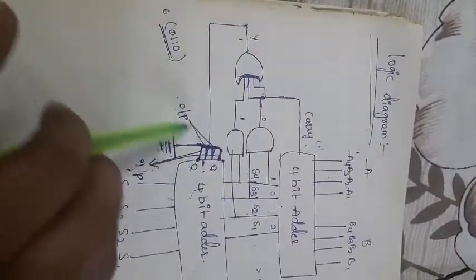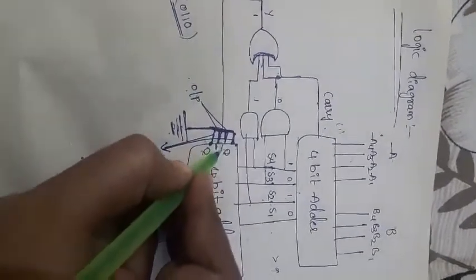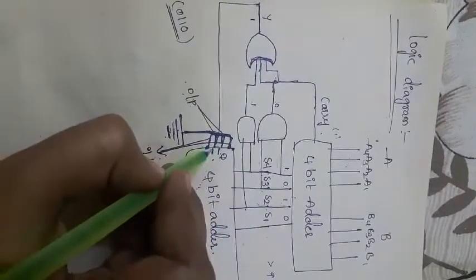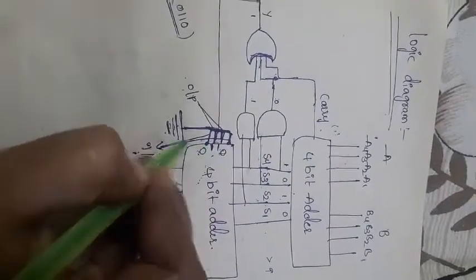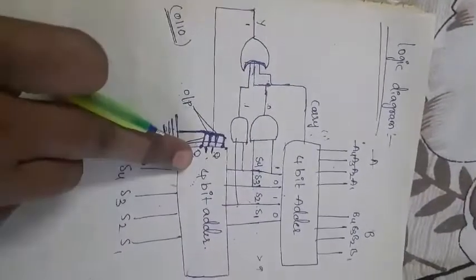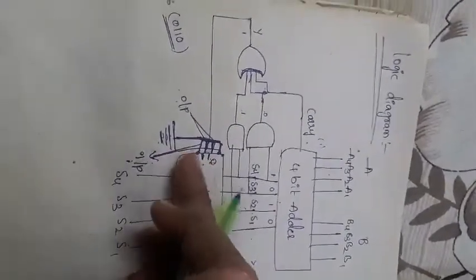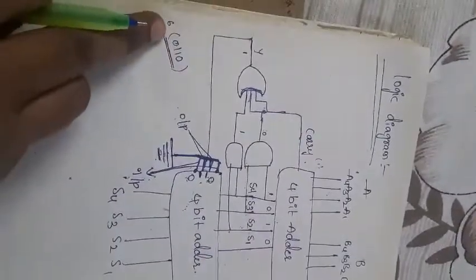What is the output line? How many output lines do we consider here? Two output lines, right? So these two output lines are represented as this one, this is the output line and this is the output line. Those two will be represented as only 1. So check it here: 0110. The final output becomes 0110, which is equal to 6.